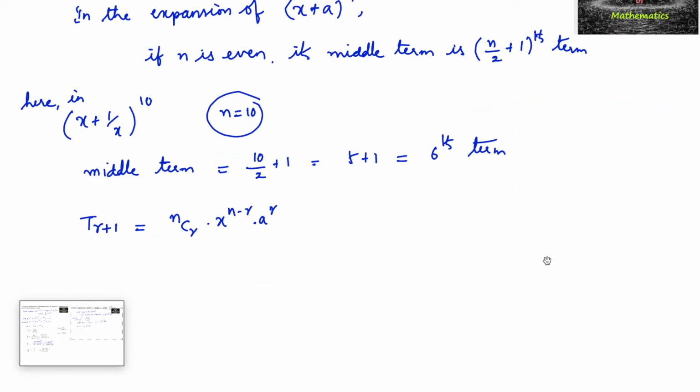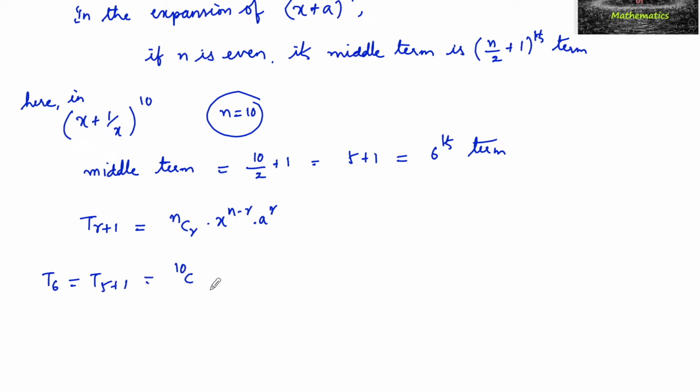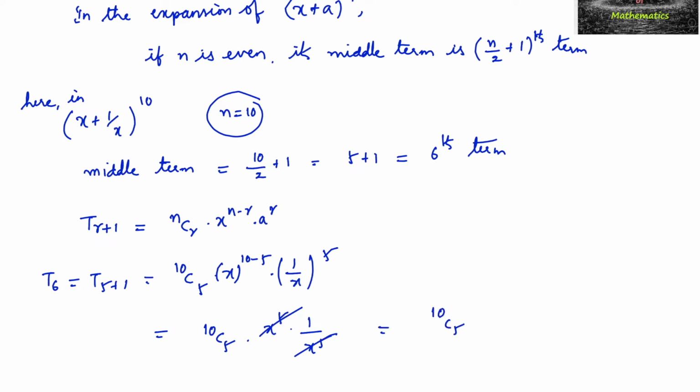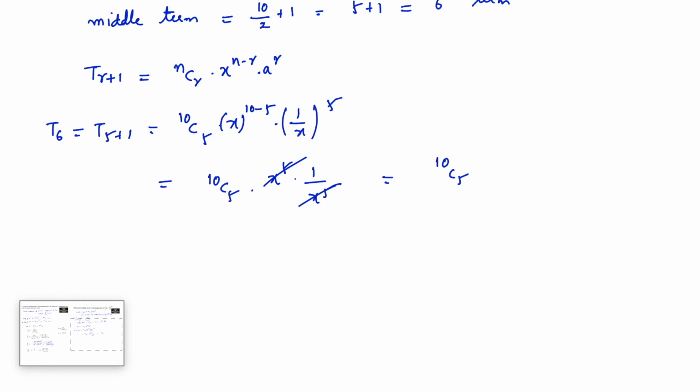So in comparing, we can write n is equal to 10, so that is 10C, and we want the 6th term. So the 6th term is T(5+1), so r is equal to 5, and x is nothing but x to the power of 10 minus 5, and a is 1/x, so (1/x) to the power of 5. So we can write this as 10C5 into x^5 into (1/x)^5. So we can cancel both and we can give the answer 10C5, or on simplifying,